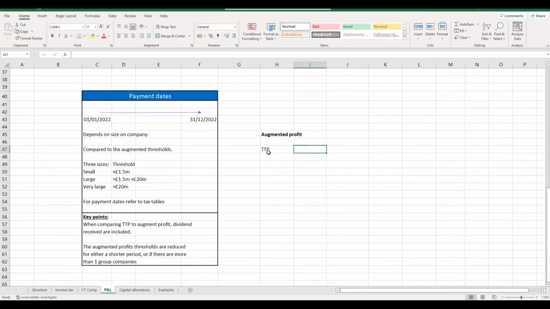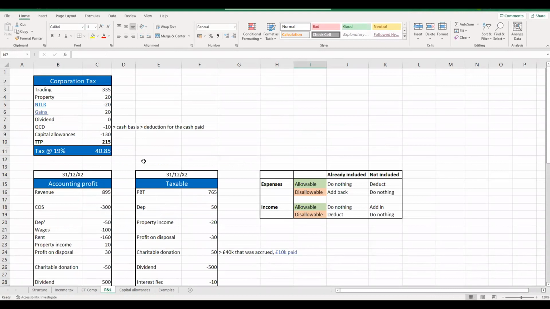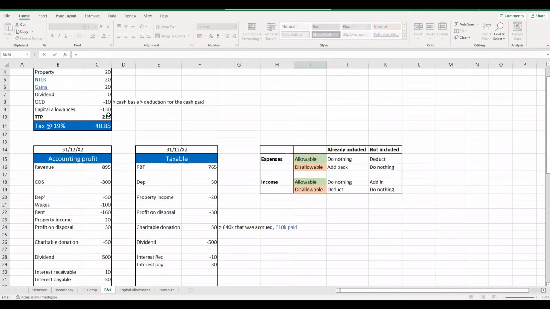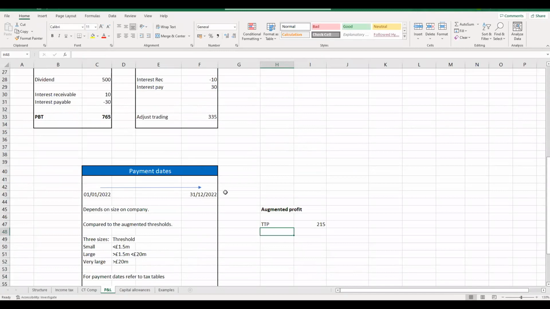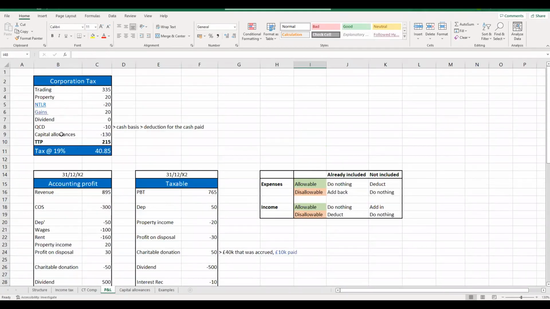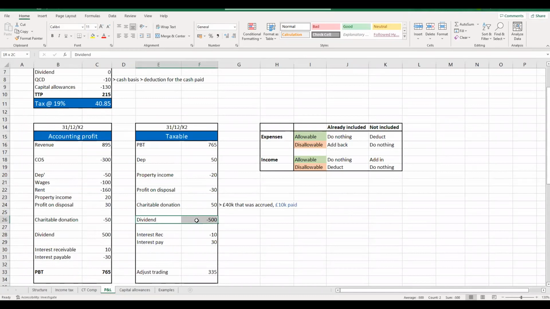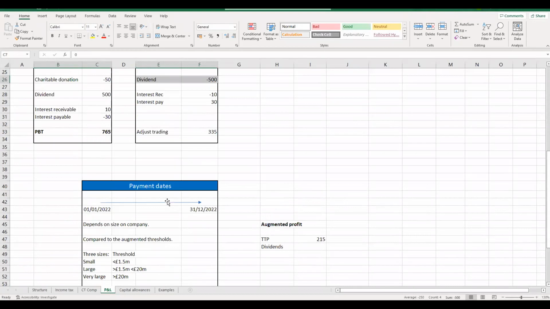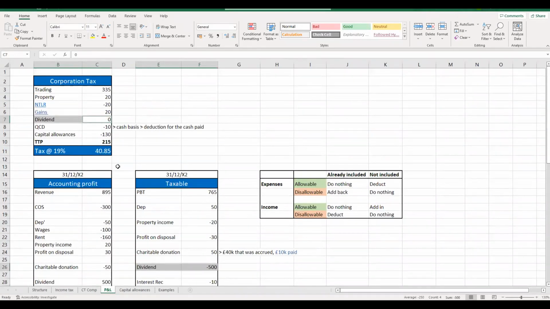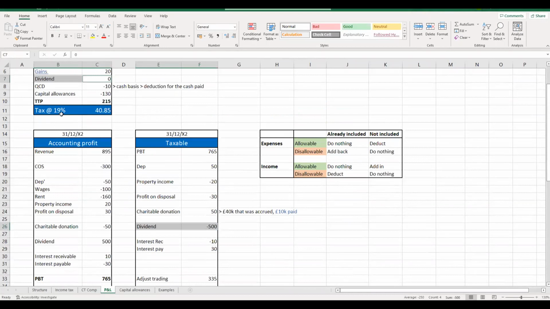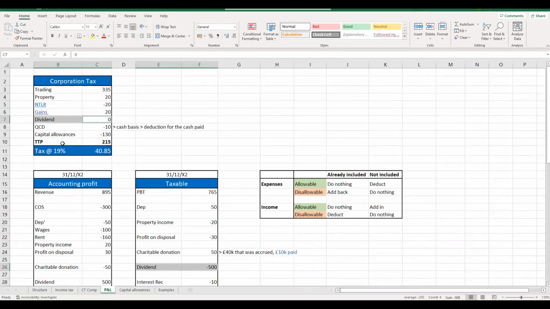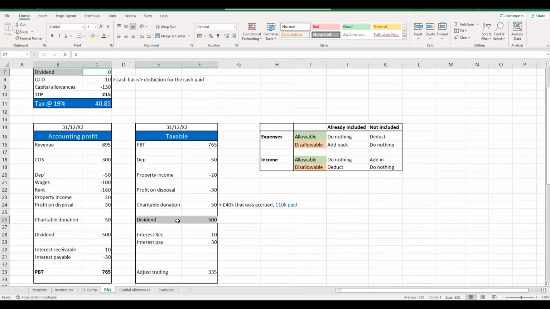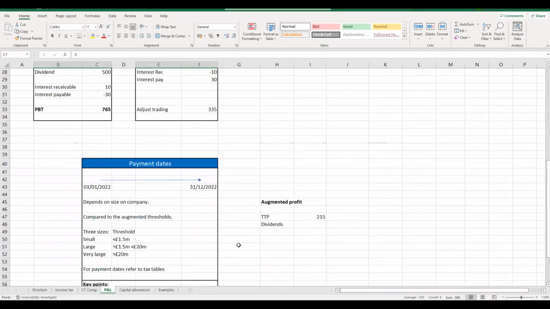total taxable profits. Of course, from earlier, what we had was 215. And we are then going to add on to this the dividends. Because ultimately, what we've had previously is, of course, we've reduced that dividend figure from our taxable profits. We've said it's exempt, so it's not actually taxed. We've made no account or consideration for the dividend income in anything up here, where we work out our taxable total profits, and also, we've taken it out of our trading income profit as well.